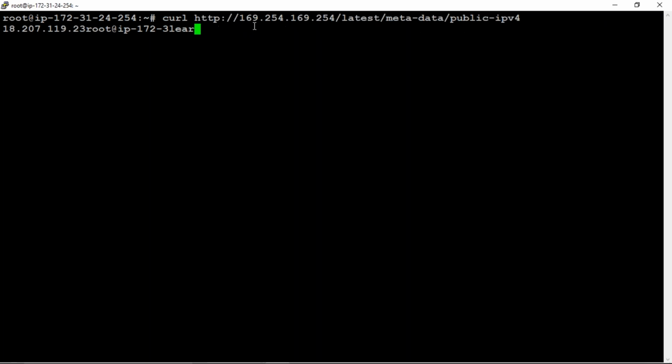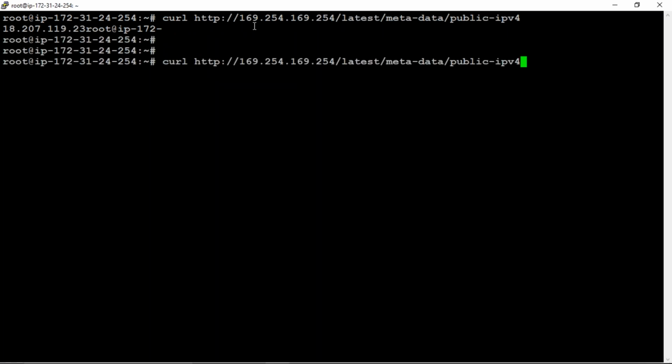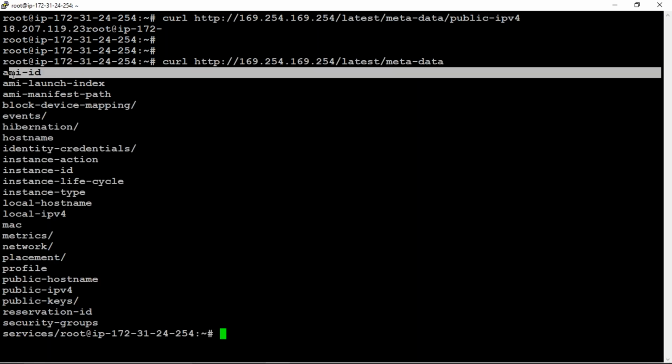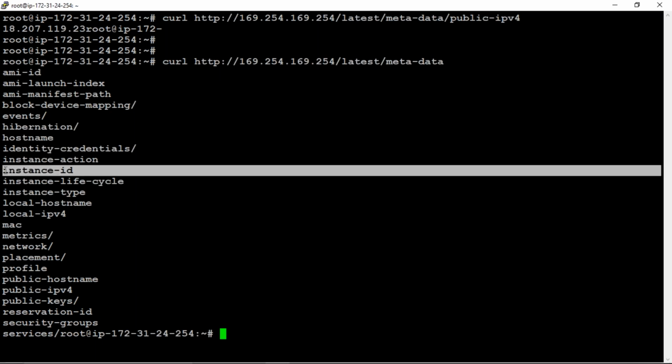First I am executing this one. This is my previous command. If I execute this one, I want to get the AMI ID here, or the instance ID. So where is the instance ID? This is the instance ID. Just select that one, and it will be auto copied. Control C, Control V won't work in PuTTY in command mode. Just select that option and it will be auto copied.